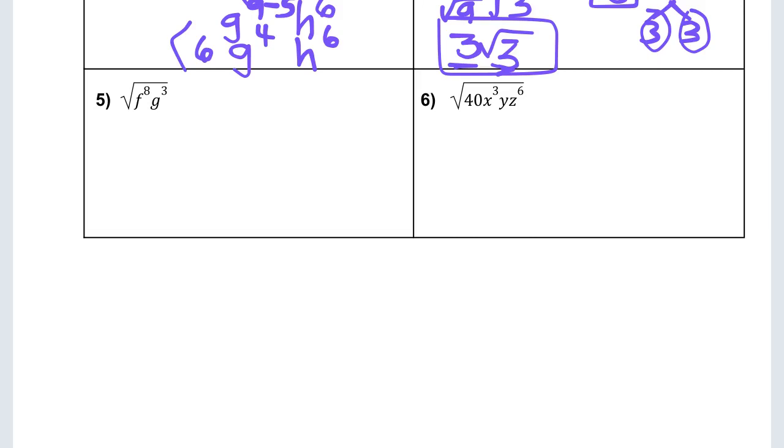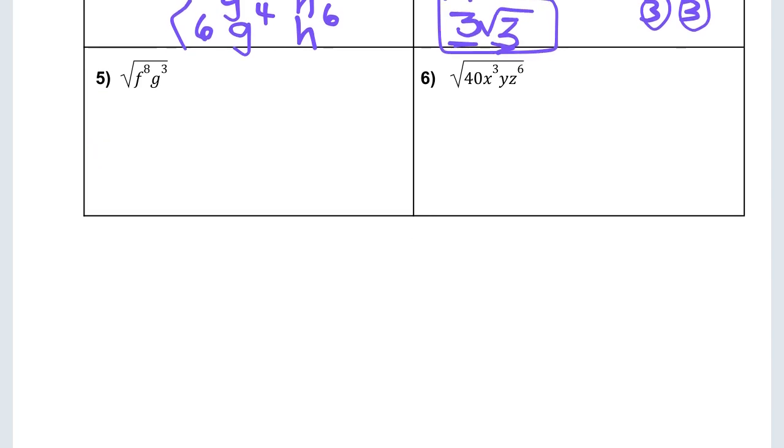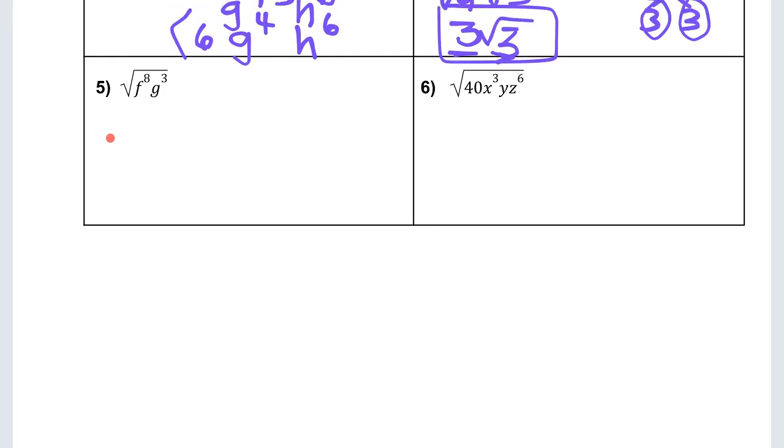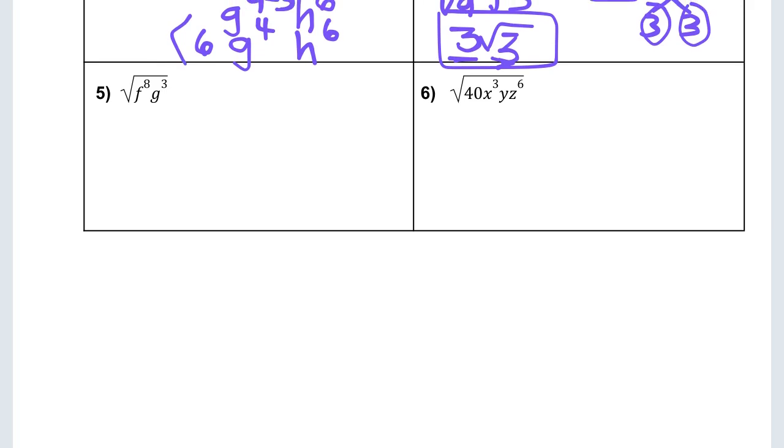Not only do we want to review simplifying square roots with numeric radicands, number inside the root, we also want to simplify with variable terms inside the root. So if we broke down a radical into roots f to the 8th